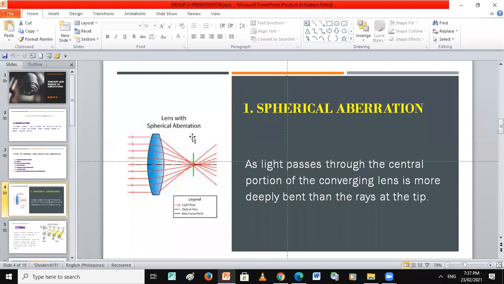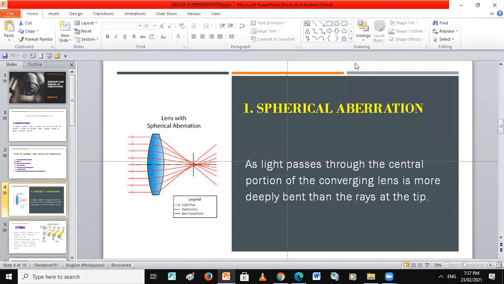So now my task is to discuss the spherical aberration, coma, and curvature of field. So let's talk first about the spherical aberration. The definition of spherical aberration is that light passing through the central portion of the converging lens is more deeply bent than the rays at the tip. So meaning, as you can see in the photos in the PowerPoint,